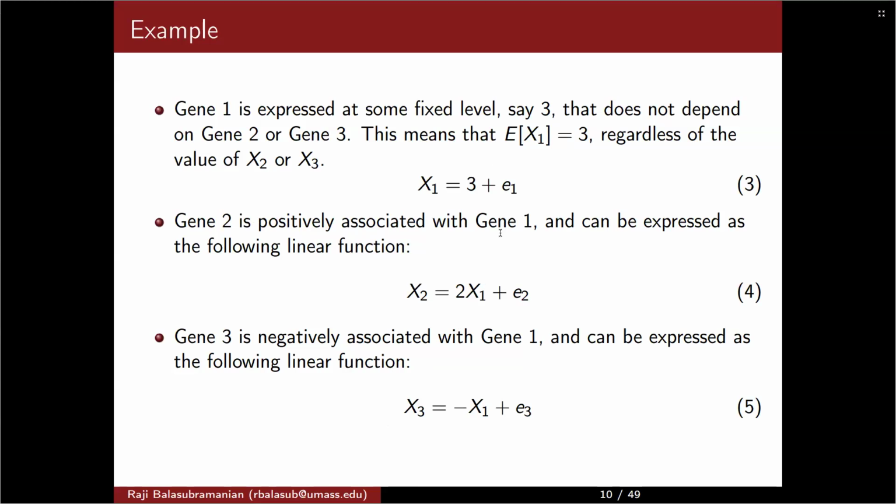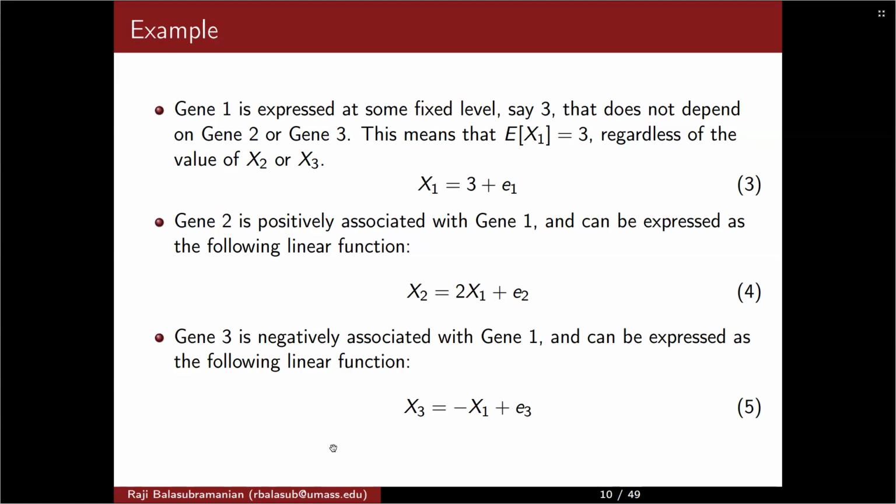If one goes up, the other one also obviously goes up. And then gene 3 is inversely associated with gene 1, through this simple linear equation. So obviously, if this goes up, this goes down, and vice versa. However, in this setup, we have not said that gene 2 and gene 3 are connected to each other in any direct way, right? So the equations are all either gene 1 by itself or gene 2 and gene 3,